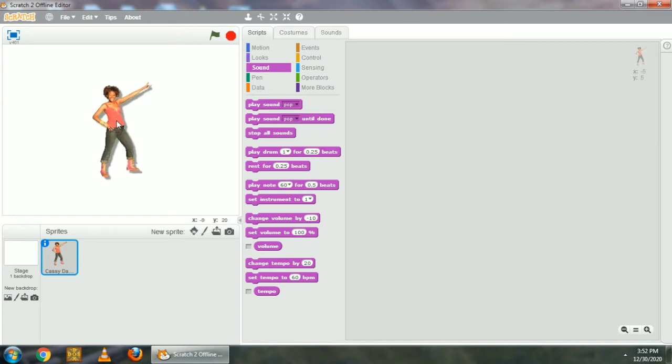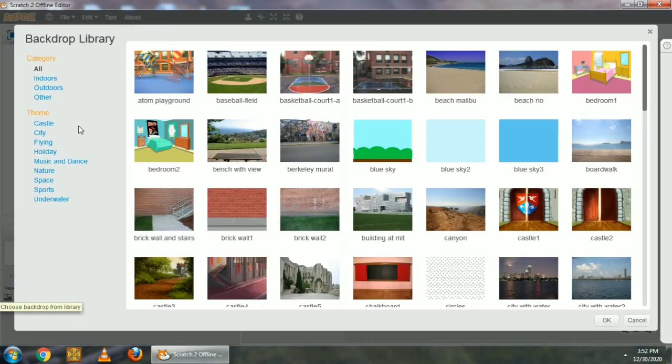Very interesting. Yes, now let's change the backdrop also, meaning the stage background. So to change the background of this stage, click this new backdrop option. Here click on the first option, which is backdrop from library. Click on this. It shows all the backdrops of the Scratch library.